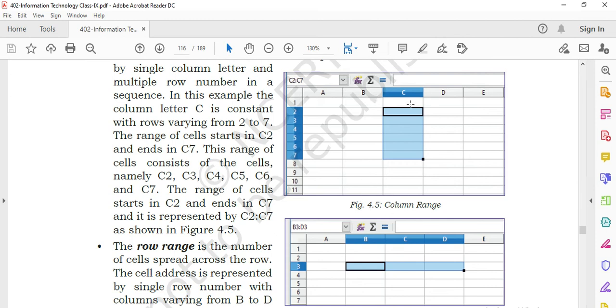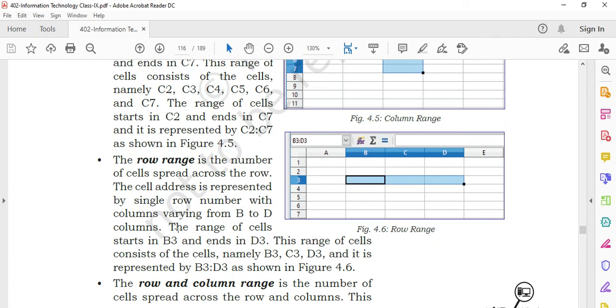When you are selecting a column range, it will be represented as C2 to C7. The same goes with a row range. If you are selecting any row and several columns, it will be represented as B3 to D3.